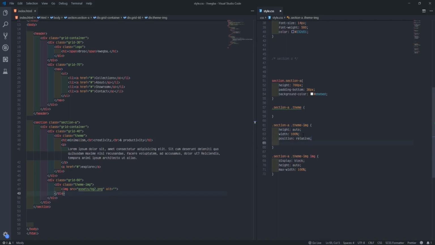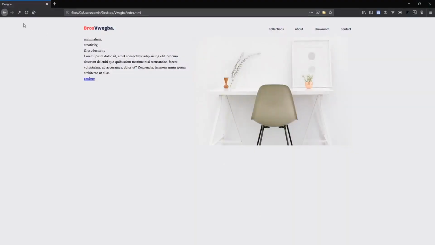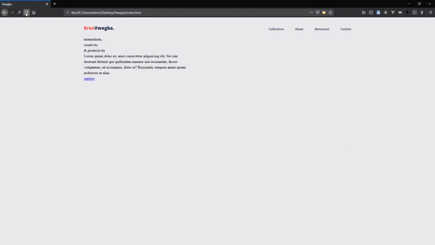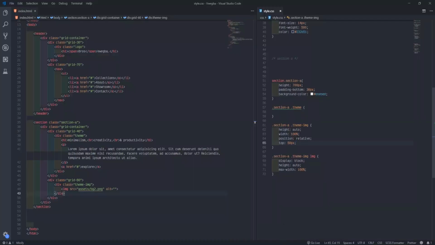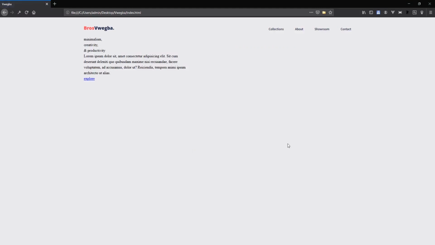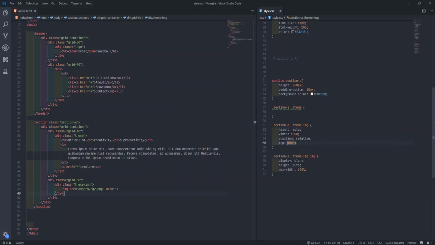Then shift it down, so make the top be like 50 pixel. If I go back and refresh, not that way. We can go like 150. That kind of shift. That's like 165.